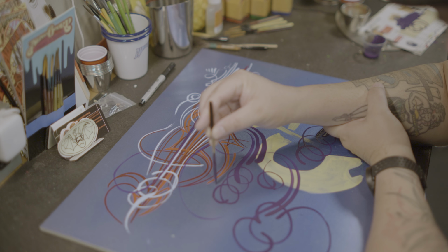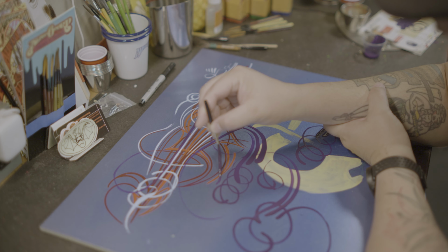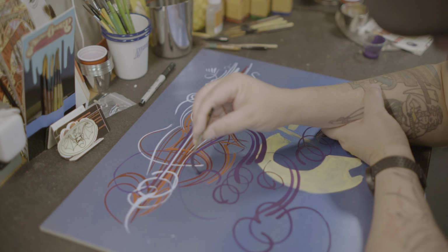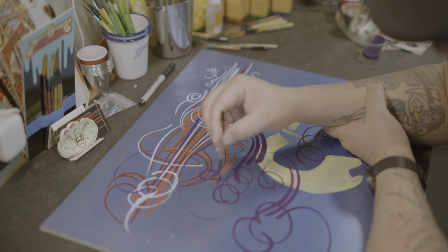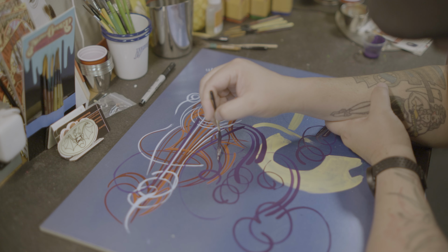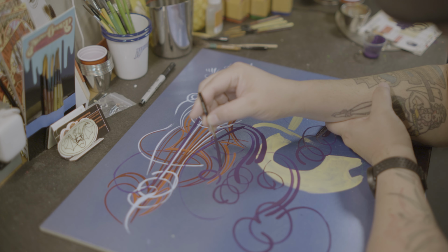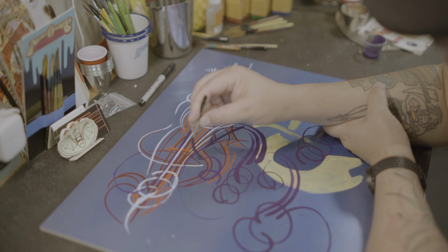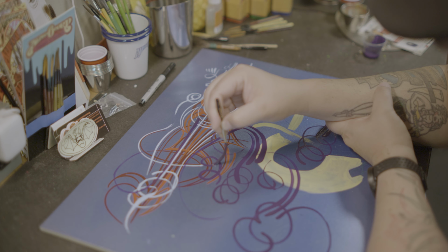All right, so I guess what I would say about this brush is that it holds a ton of paint, and depending on what you're doing, that might be useful, and that might be a severe hindrance because you really have to pay attention with this one. Now, I think if I squeegee it out and I really try to work the tip of it, I could still pull some fairly tight lines, but I don't know that these are going to be my